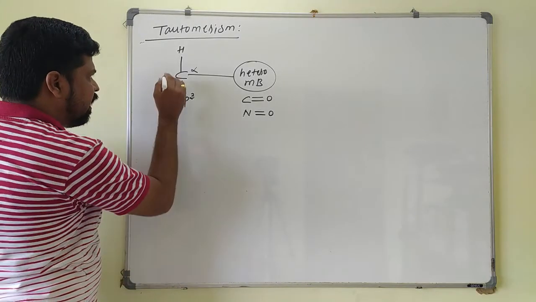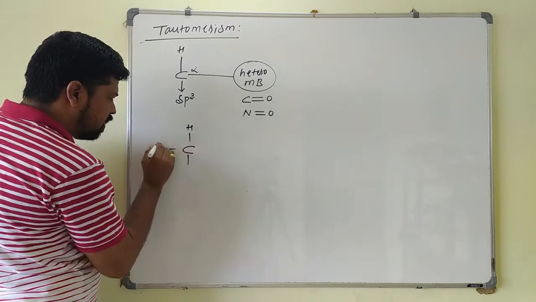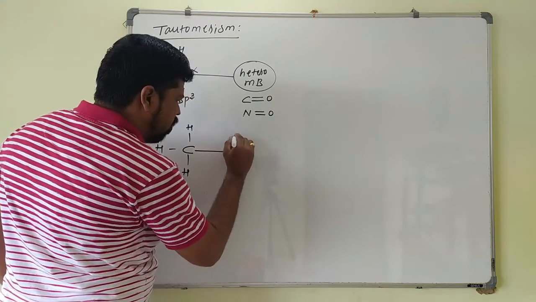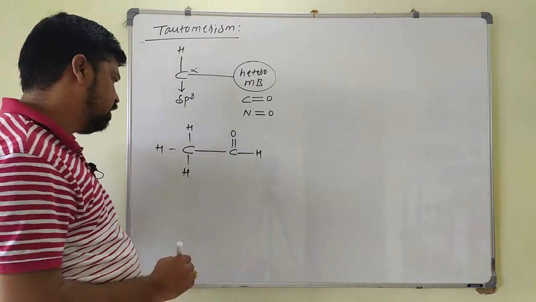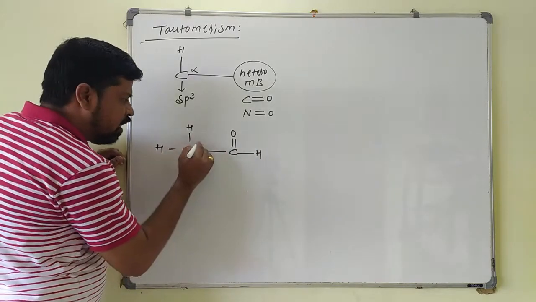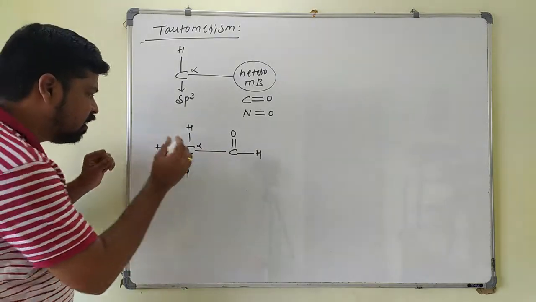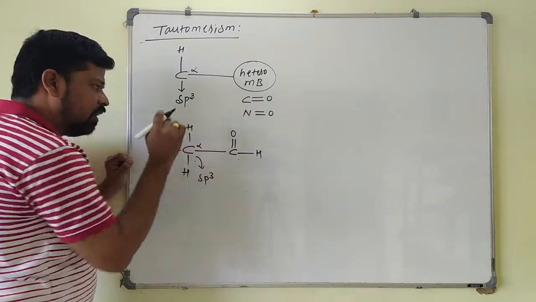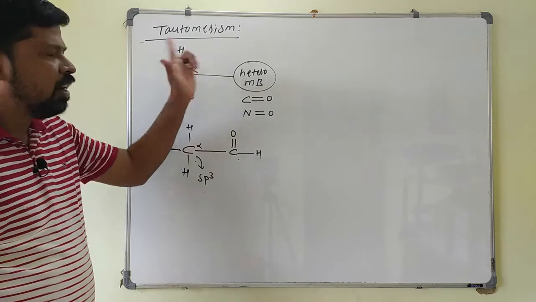For example, if I take a carbon atom which is connected to 3 hydrogen atoms, and now it is connected to a hetero-multiple bond like C double bond O. To maintain the valency of carbon, we'll write another hydrogen atom here. Now see here, the hetero-multiple bond is there. Next to this, the alpha carbon atom is sp3 hybrid, because all of its valencies are satisfied by only sigma bonds. This is the sp3 carbon atom connected to the hetero-multiple bond. It must have at least one hydrogen, obviously it is having 3 hydrogens here, then tautomerism is possible.